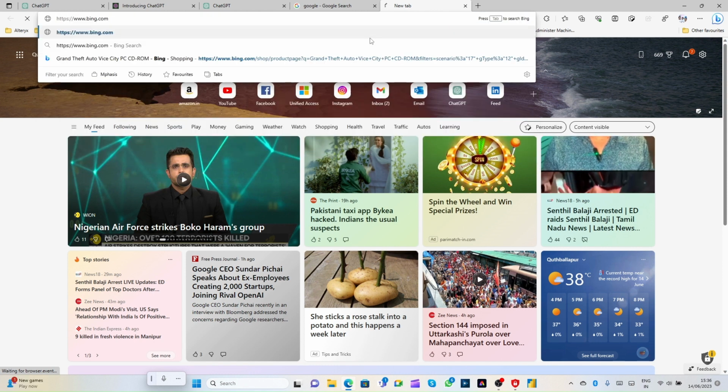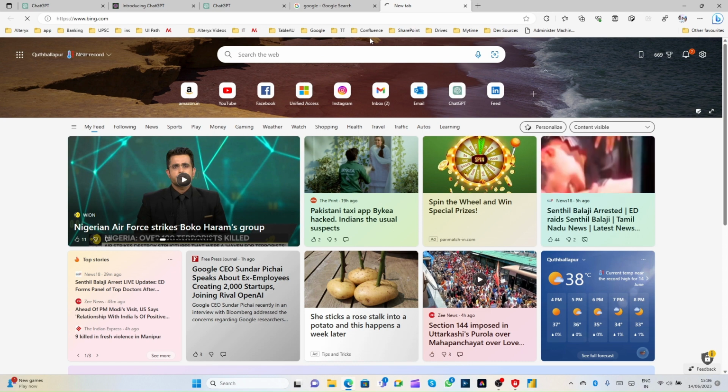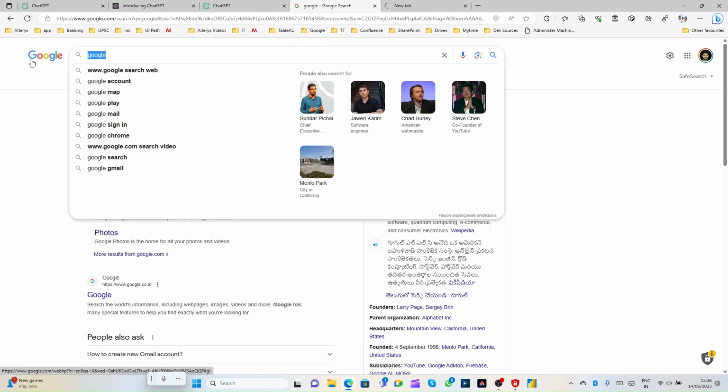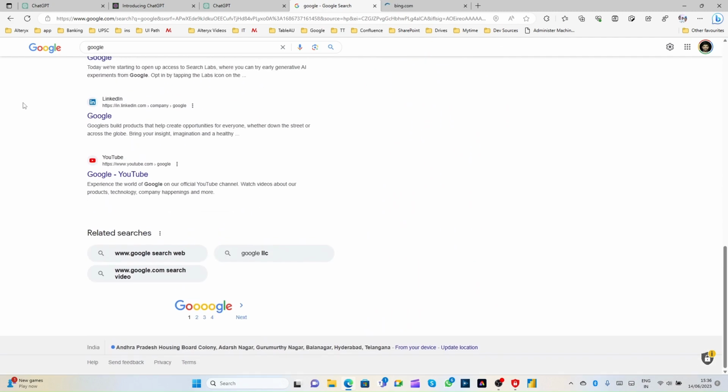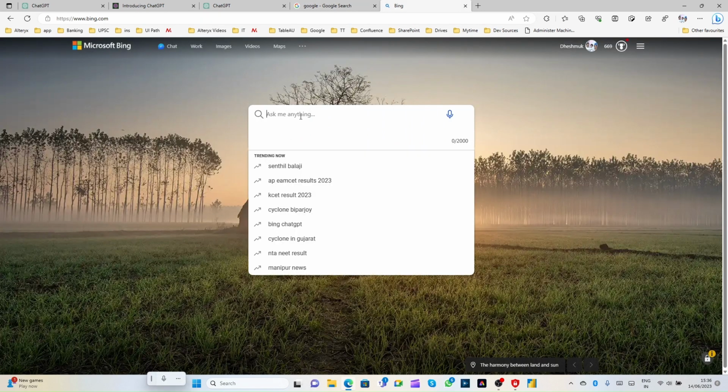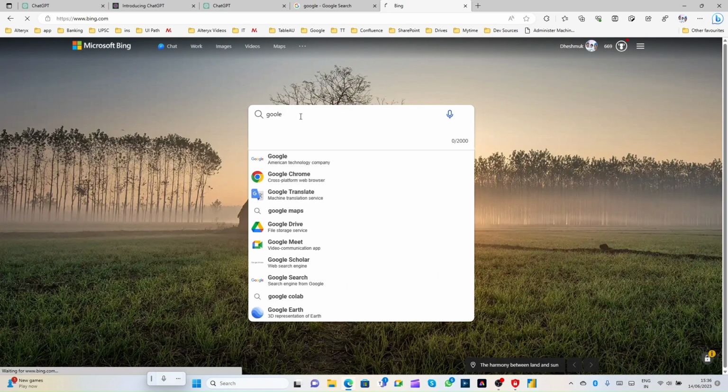Let's keep the technical words aside. It will just search the internet for the relevant topics which are hosted on the internet, and it will give us the relevant results. Like, if I type Google in the Bing search engine,